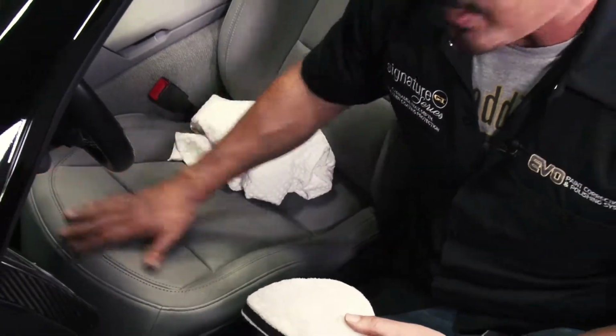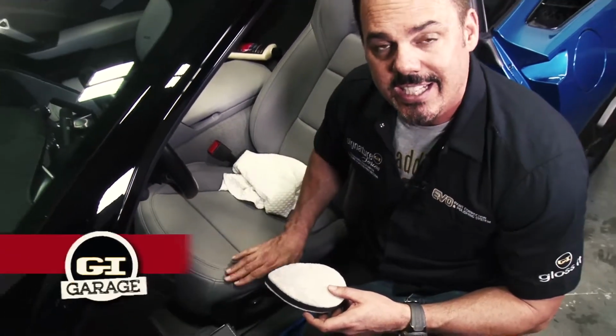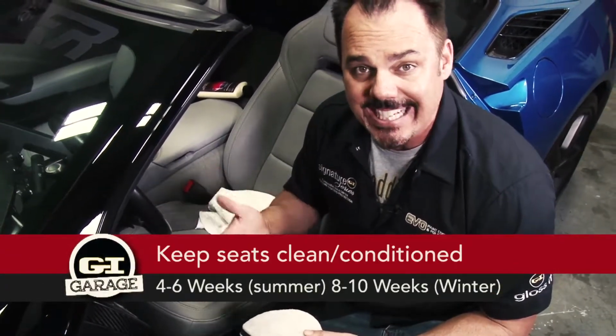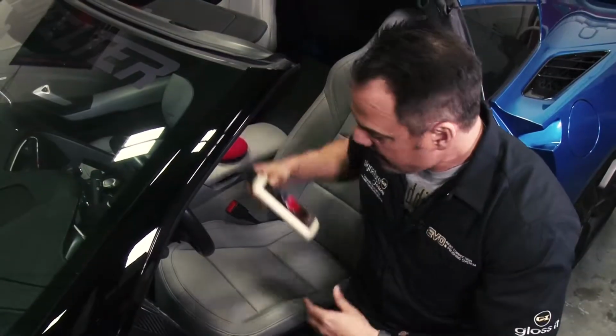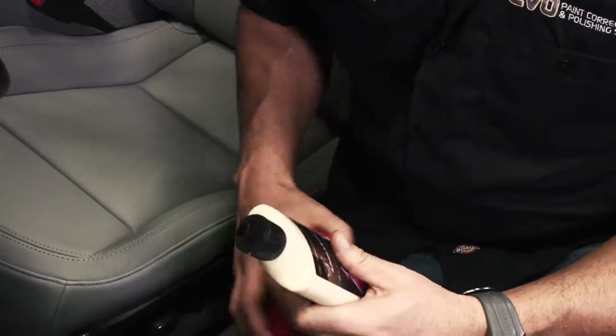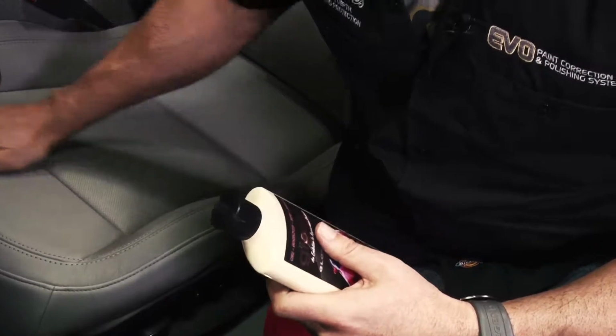it. This is an important tip: you want to keep your seats clean and conditioned every 4 to 6 weeks in the summer and every 8 to 10 weeks in the winter. Now, I recommend a satin leather polish, something that's safe, that has a mink or lanolin base to it, that's going to help revitalize and soften that leather so that it has that baby feel back on the seat again. If this was an older Corvette, and you could feel the leather was kind of hard or stiff and we wanted to soften it up,